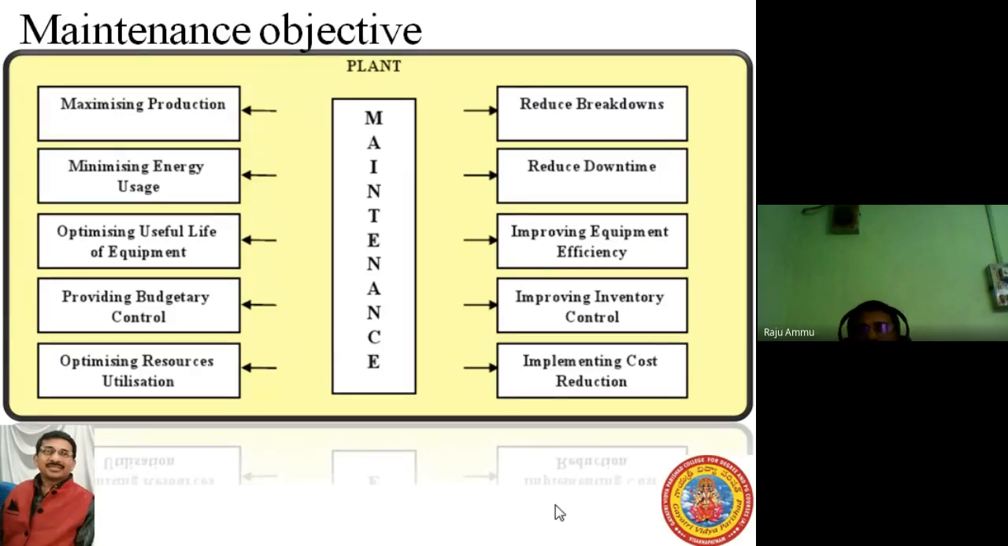Or because you're not maintaining it, something might have gone wrong and you need to replace a bigger part, in which a high amount of cost may be incurred. So all these get reduced, the moment you are going for maintenance. So maintenance